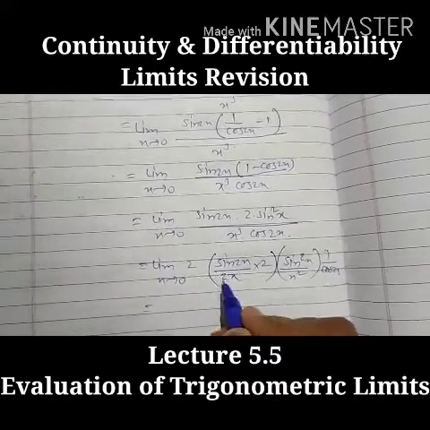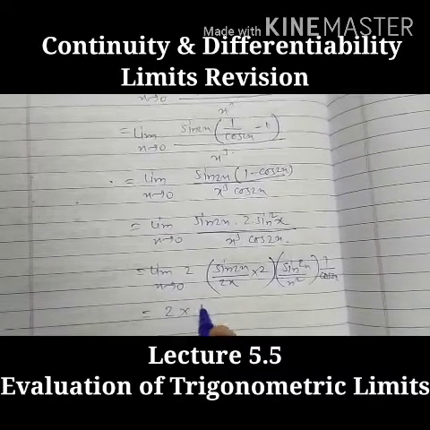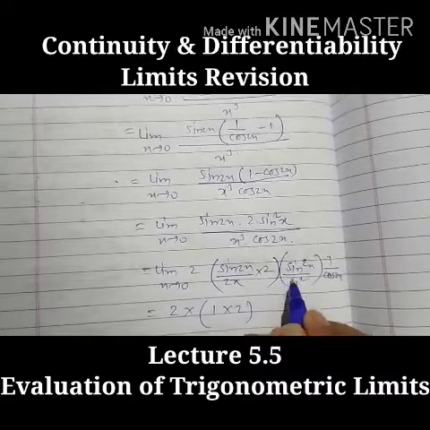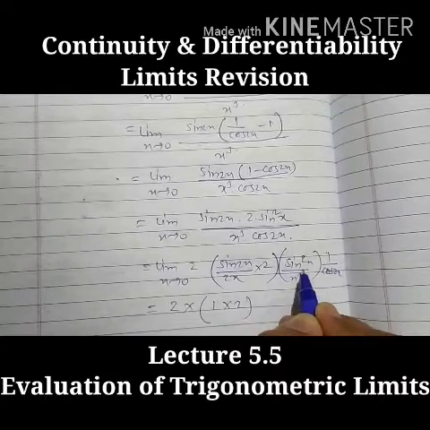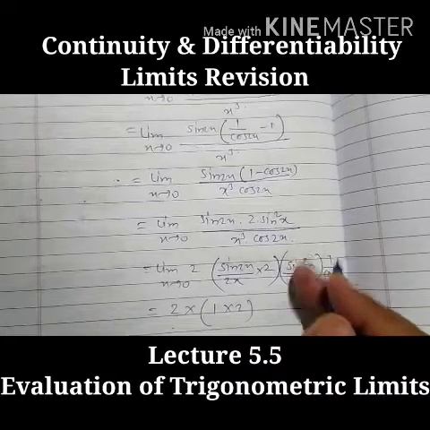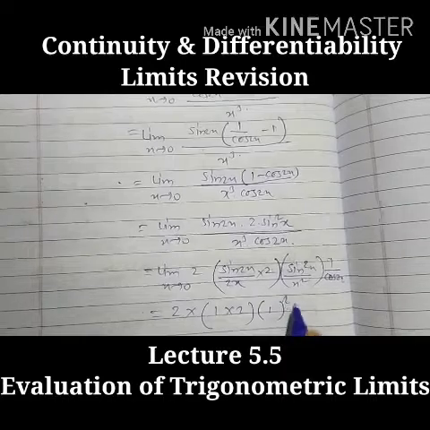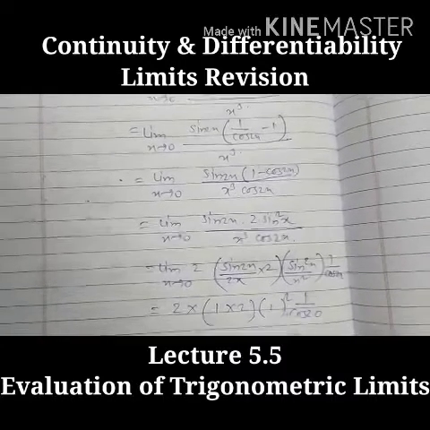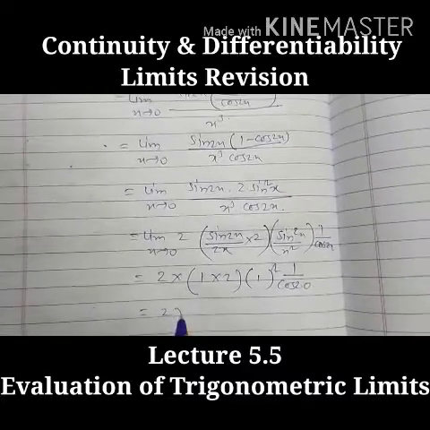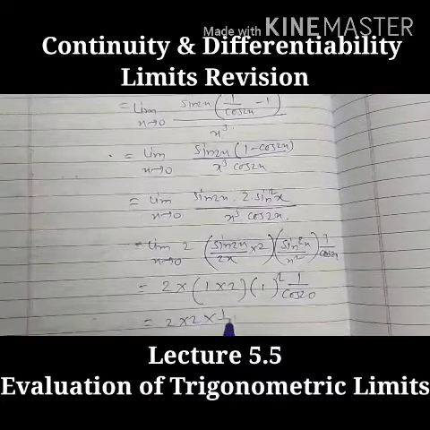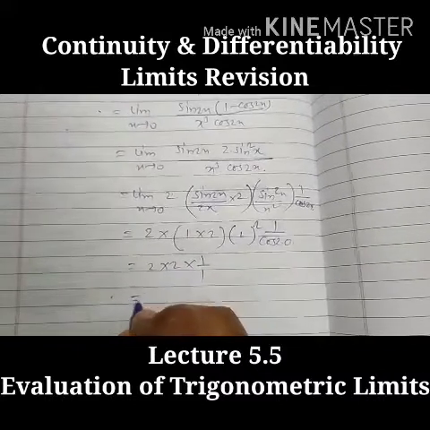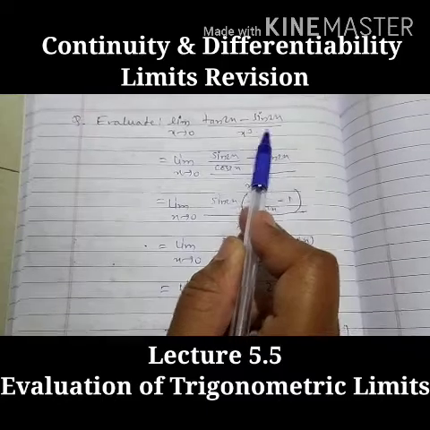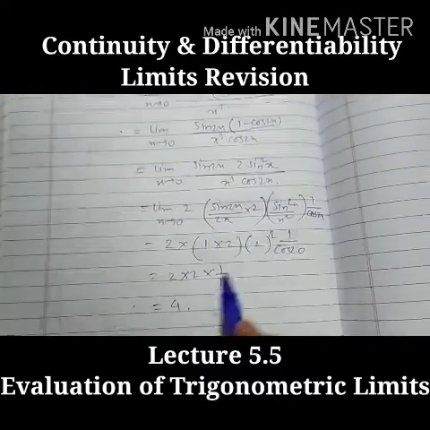Okay, so what we have now, if we apply the limit here, we are getting 2 into, inside the limit it will be sine 2x upon 2x, limit as x tends to 0 it is 1, into 2. Here also limit as x tends to 0 sine x upon x, bracket square, so it will be 1 square. And if we put here cos 2 into 0, cos 0 is 1, so we have 2 into 2 into 1 upon 1, so it will be 4. So limit as x tends to 0 of tan 2x minus sine 2x upon x cube is equal to 4.